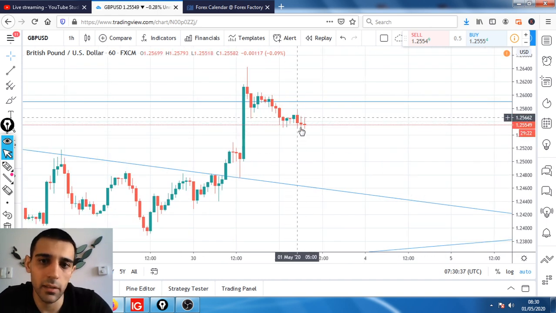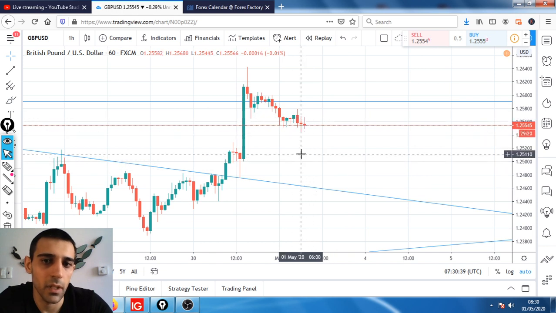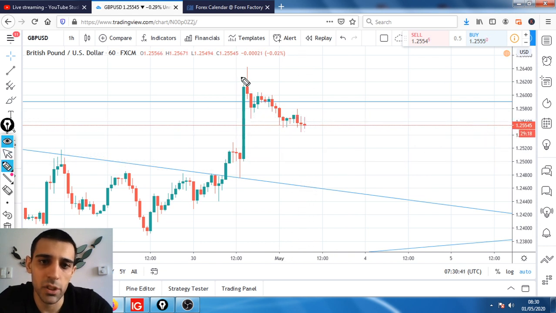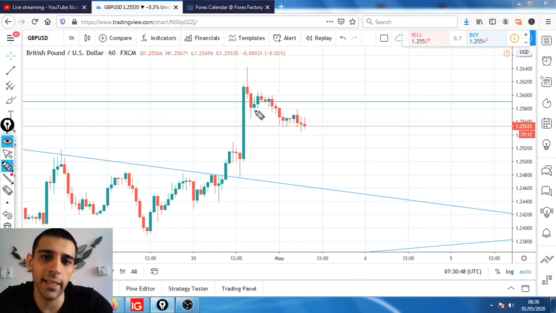So the last hour candle, we had this kind of spinning top, and it's been going down on the 1-hour time frame a bit too long. I do like to see a nice clean one. For instance, we have this bar, and if the price, let's say, comes down like this and then backs up, then I would be looking for this one. It would be a good setup.